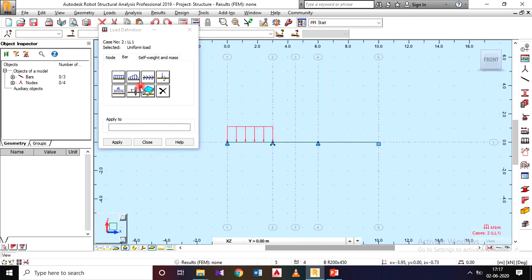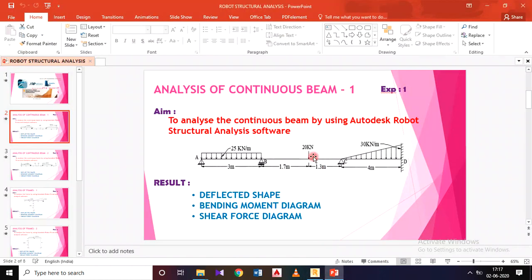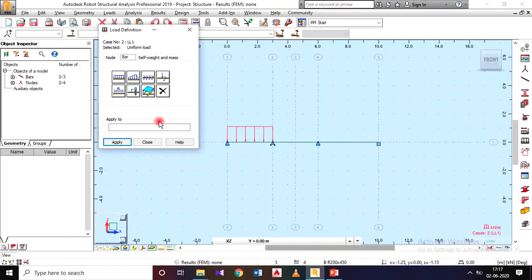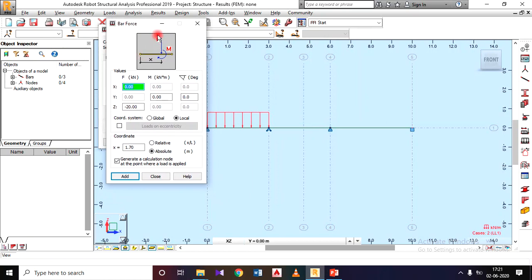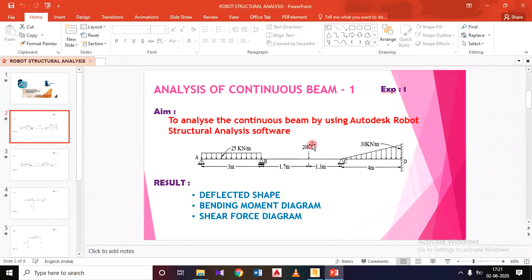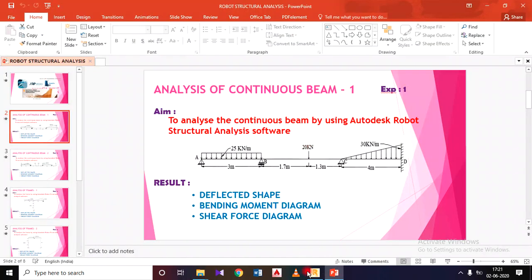So first one is the UDL, then the second will be the point load of intensity 20 kilonewton. So I will move on to my software. Here the option for the point load is bar force, the fourth option here. I will select that. Here I need to specify the point load intensity. It is F. The intensity of that is 20 kilonewton, which is going downward.